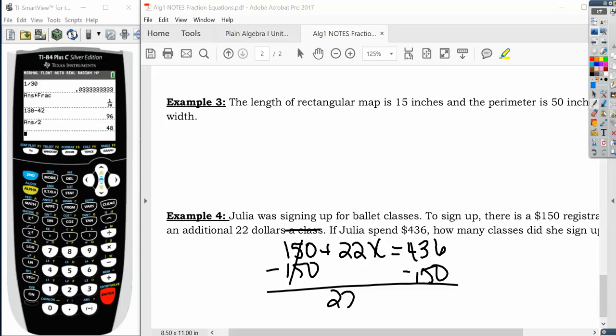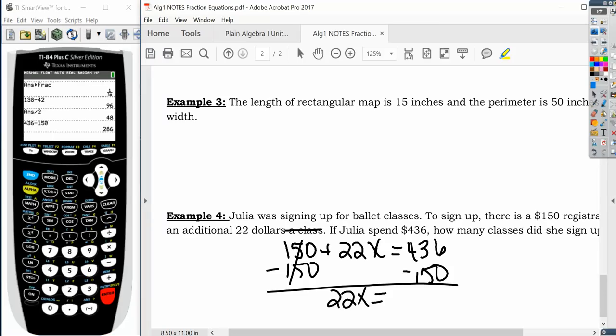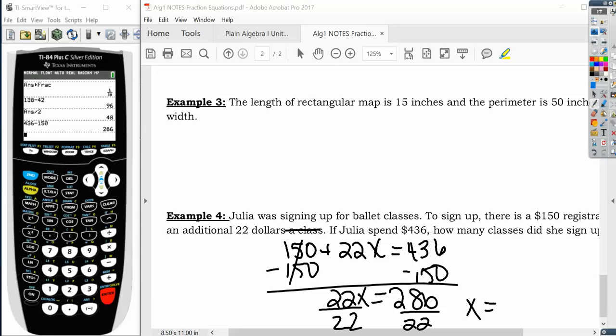So I have 22x equals 436 minus 150. I get 286. And I'm going to divide by 22 on both sides. So divide by 22. I get 13. So Julia paid